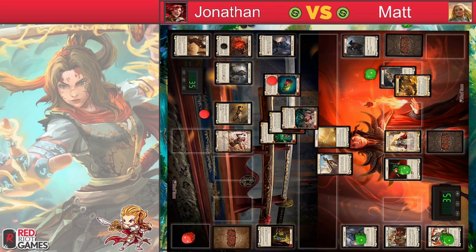I'm interested to see what the last card in John's hand is. I would assume maybe an item or something that can't block, but I could be wrong. He doesn't want to give Matt tempo here, so luckily Matt can move everything now, so that hopefully does solve the issue. On Jonathan's turn, I imagine he's gonna...